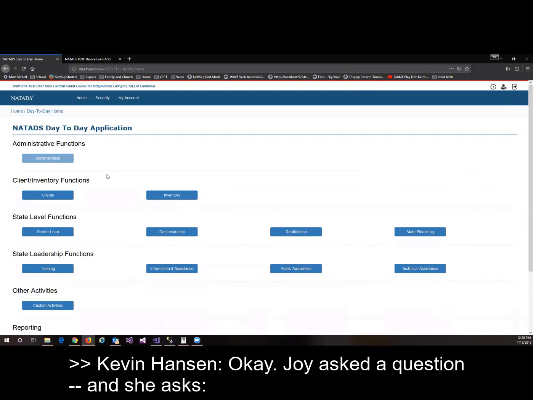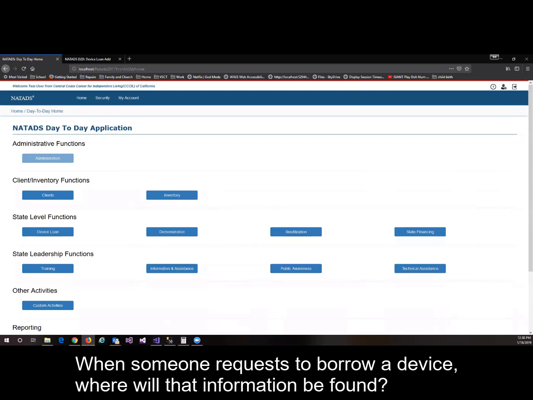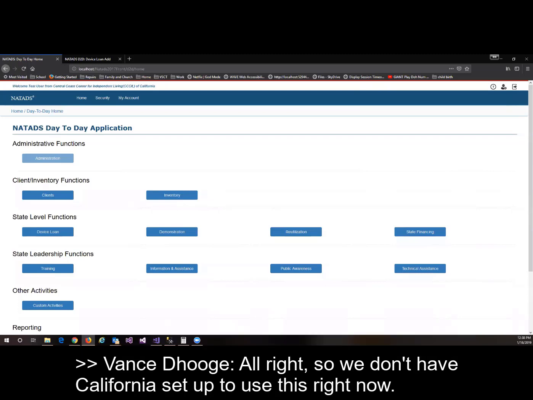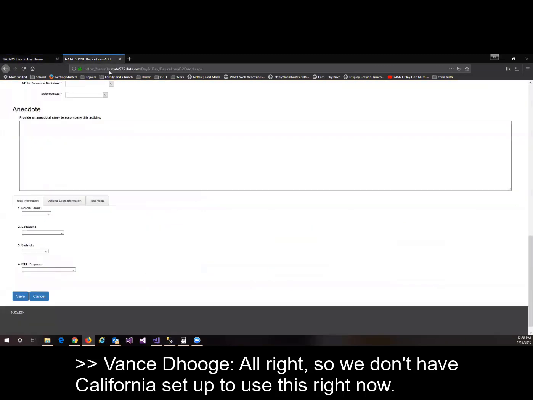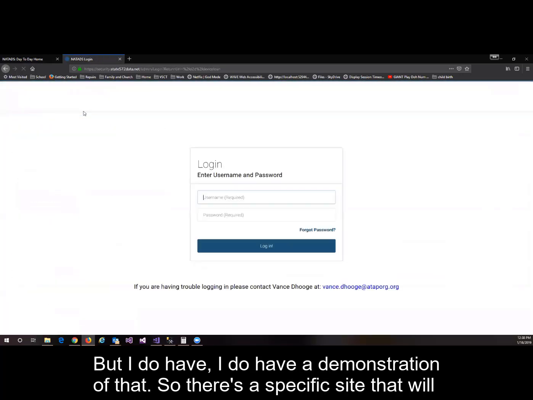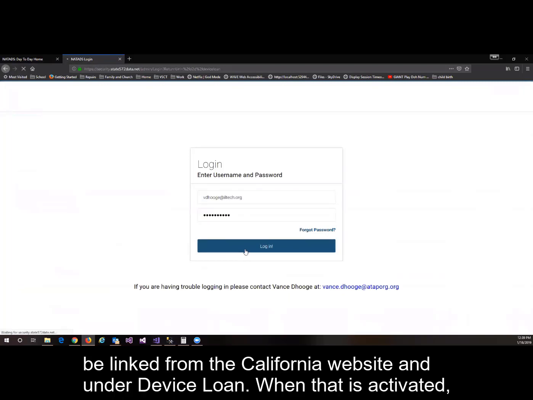Okay. Joy's asked a question, and she asks, when someone requests to borrow a device, where will that information be found? So a consumer online goes to our website and wants to borrow a device, where would the regional center find the request? We don't have California set up to use this right now, but I do have a demonstration of that. There's a specific site that will be linked from the California website,